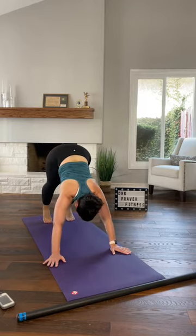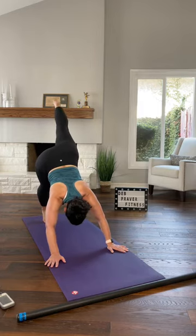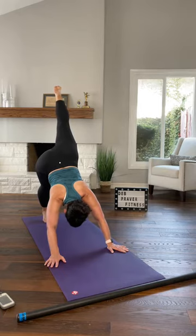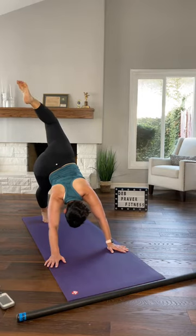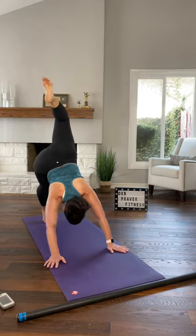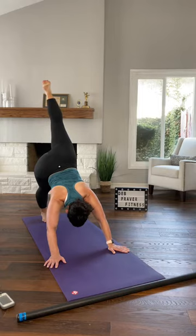Then shift your weight to your left hand and foot and bring your right leg up until you feel the stretch behind your left leg. You can stay right here or bend your right knee and open your right hip. If you took the bend and rotation, straighten back out to your 3-legged dog where you can stay or lower